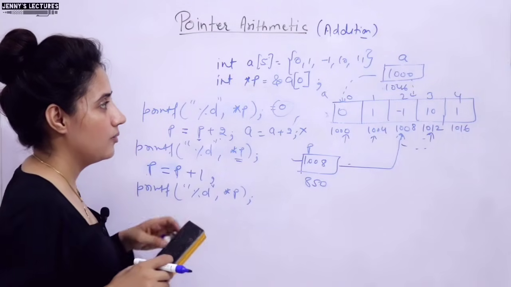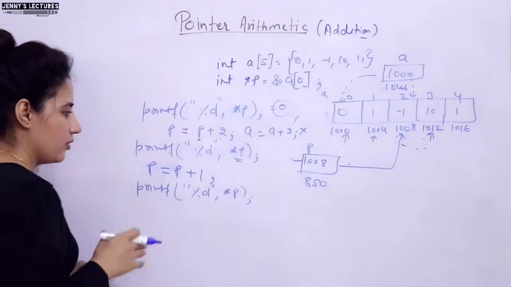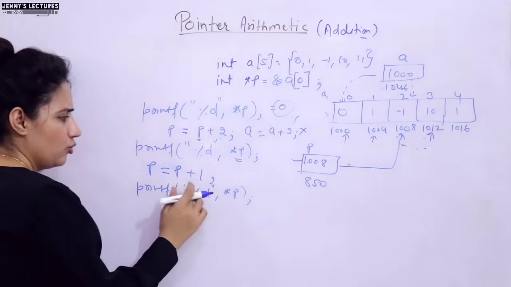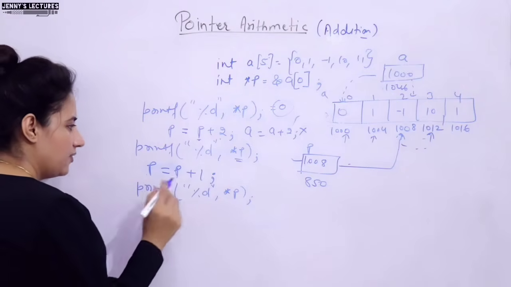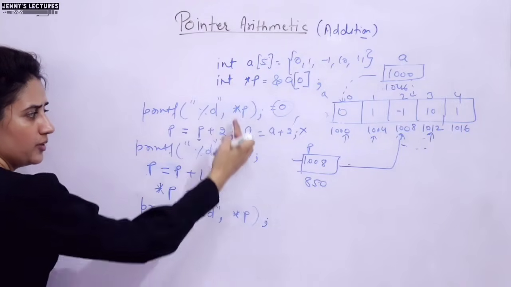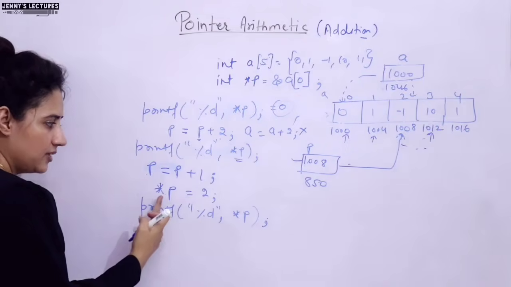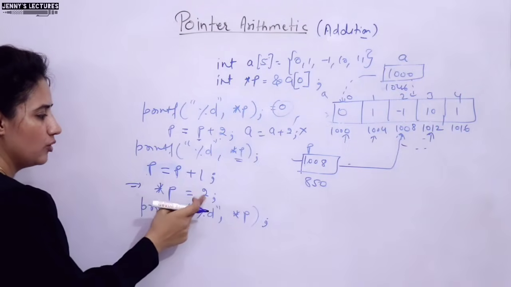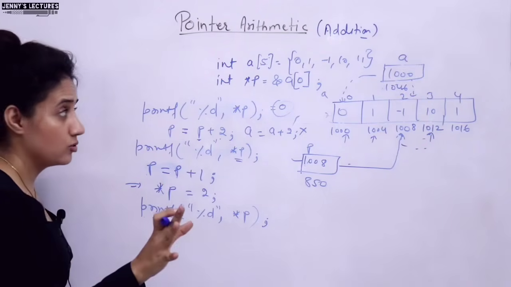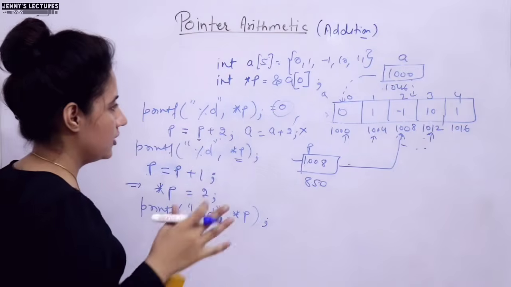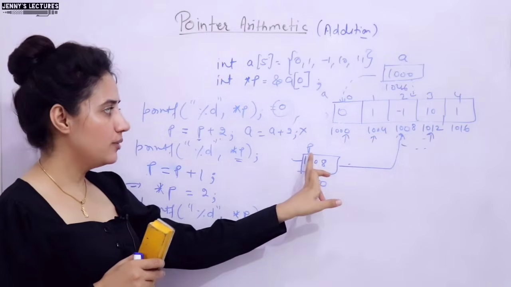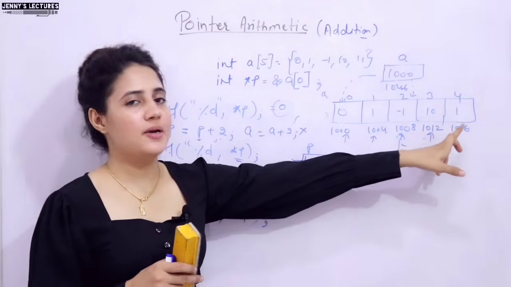So now let me show you practically on my laptop. But before that, one question for you; you have to tell me in the comment box: if here I write P is equal to P plus 1, fine, but after this I am writing one more line, asterisk P is equal to 2, and now I am going to print asterisk P. Now what would be the answer? You have to tell me in the comment box, right? So now let me show you practically how addition can be performed on a pointer. And see, I hope you got it, in an array it makes sense when we move the pointer, because we have more elements.